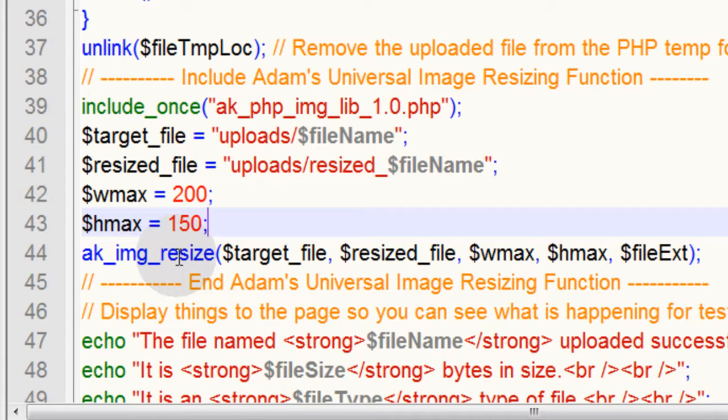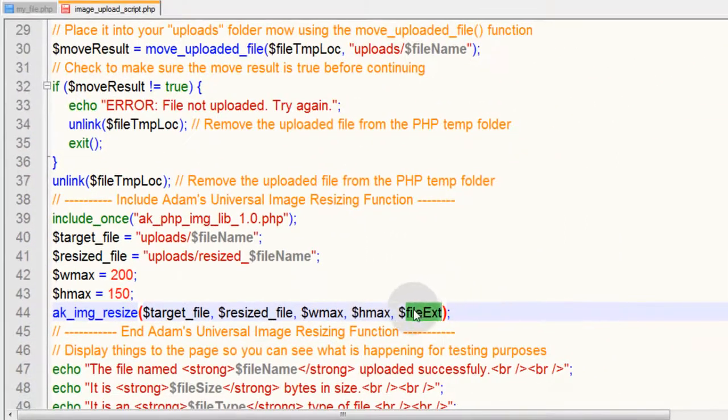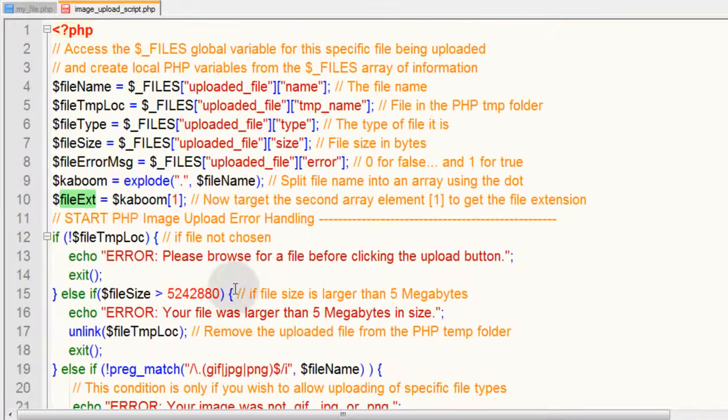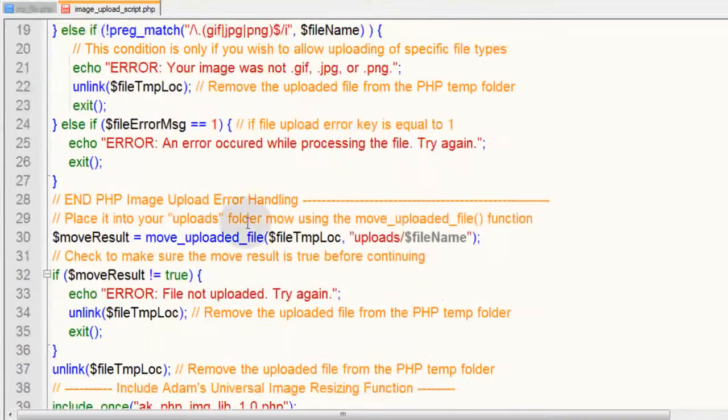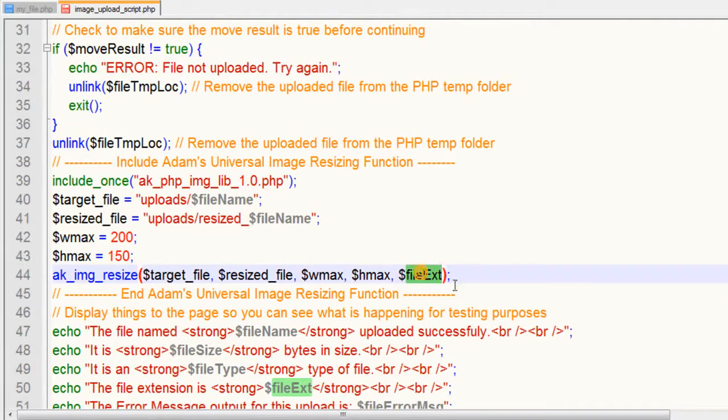It'll scale it down without warping it at all. And finally, the fifth parameter that this function is looking for is the file extension, which was what I explained to you when we used explode. We grabbed the file's extension out of the file name, and that we're sending to this function as the fifth